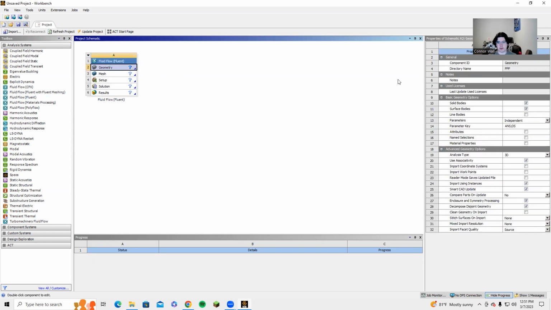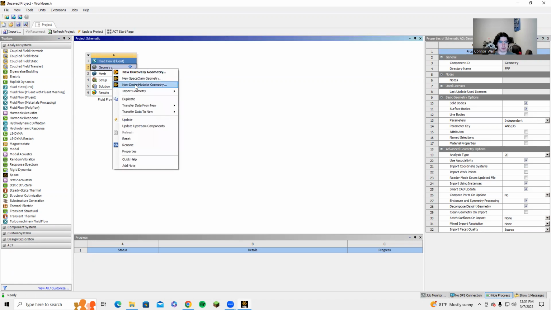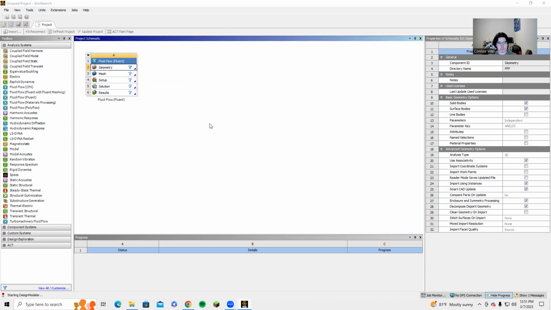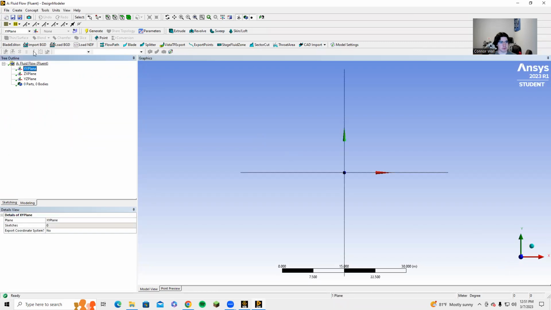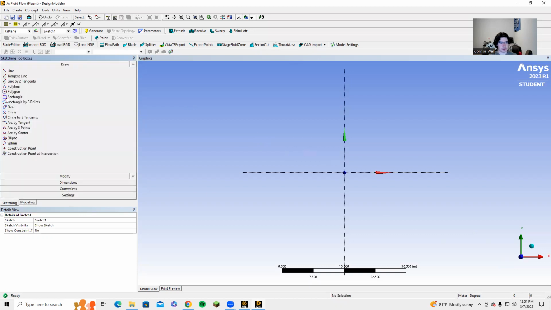So first we're gonna click on geometry, just make it 2D, and then we're gonna open up a new design model. So we'll wait for that to open. The Z-axis, create a sketch. Go to sketching, make a circle,